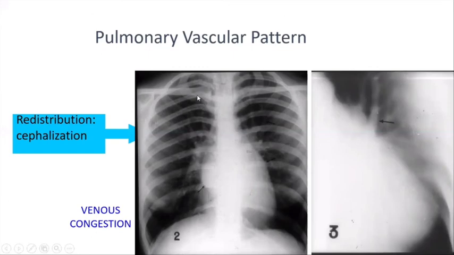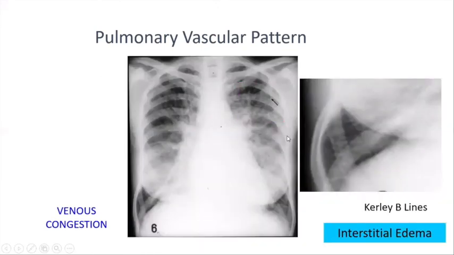In normal lungs there is a gradual increase in prominence of the vessels from the apical to the basal region, but in this X-ray they are comparable. The upper lung zone, middle lung zone and lower lung zone vessels are comparable. So this is stabilization, that is, an increase in prominence of the vessels in the upper lung zones. We can also see prominence of the vessels in the apical portion of the lungs. This is the zoomed portion of this X-ray.